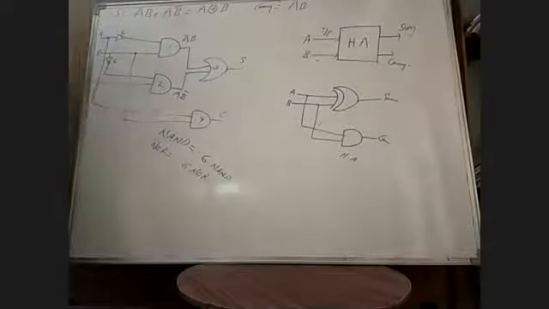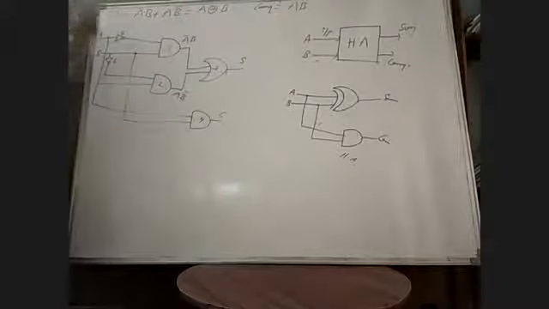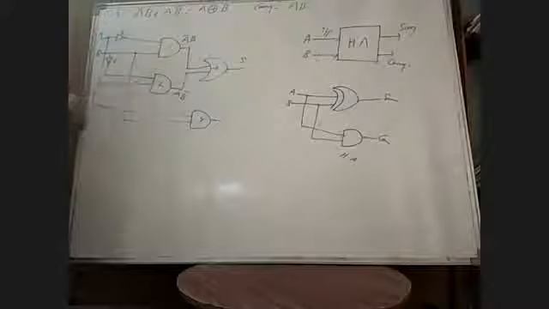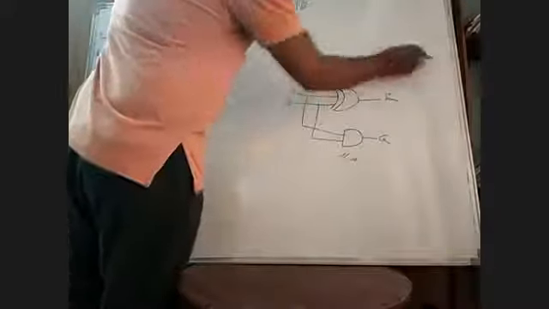But the same diagram can be drawn in a minimized fashion, like this. Everyone draw this now. Everyone has to note this diagram. We are going to draw the half adder circuit using only NAND gates and only NOR gates. From the exam point of view, many questions are asked: Explain the half adder circuit. Realize using only NAND gate. Realize using only NOR gate. Realize using basic gates. You have to know all the methods.